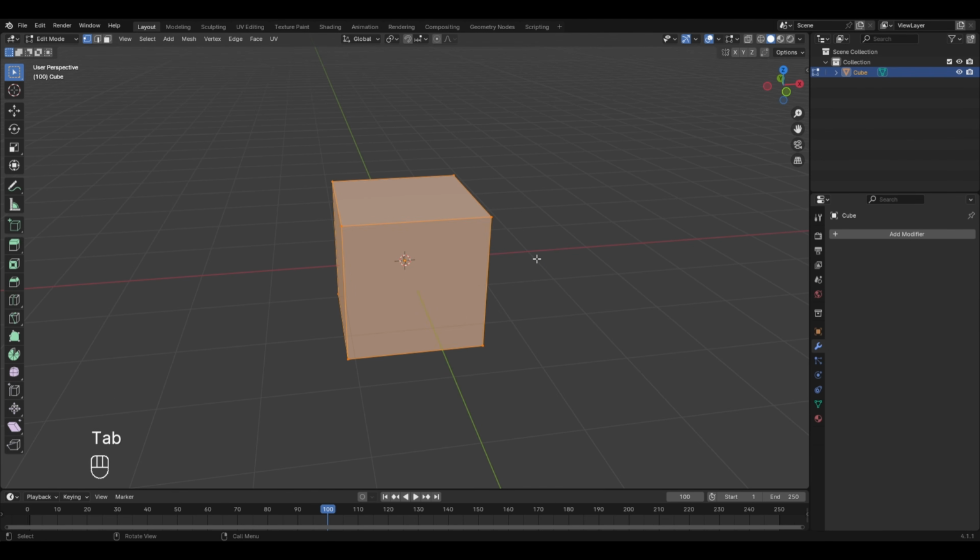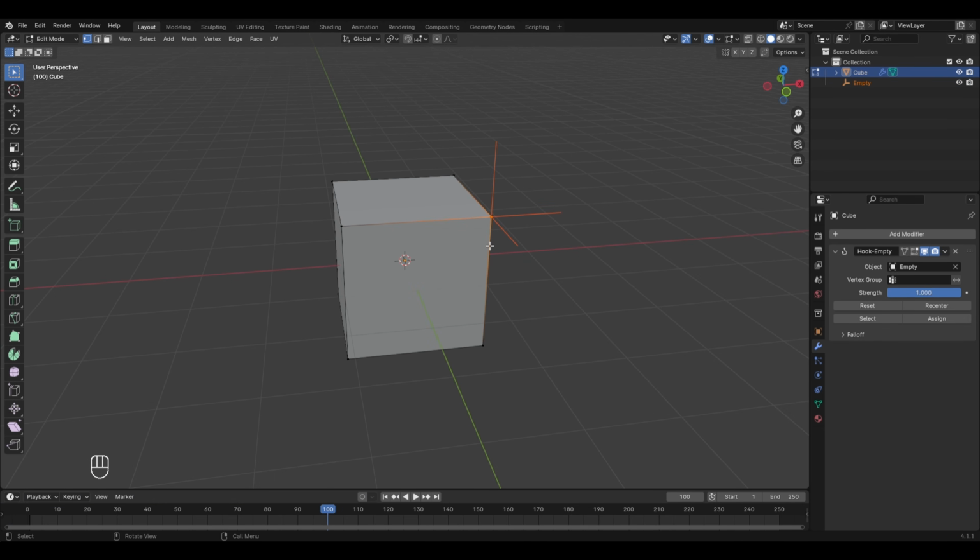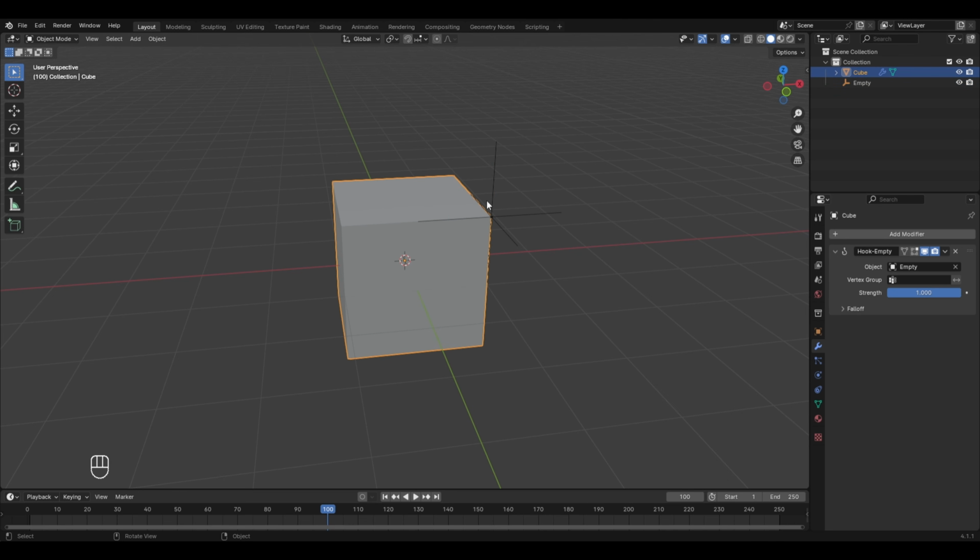Now tab into the edit mode, and to understand what a hook modifier is, we have to select one of these vertices, and to apply this hook modifier there is a special shortcut available. Press Ctrl plus H, and from this menu select hook to new object. Now if we go back to the object mode, we notice that apart from this cube there is this empty